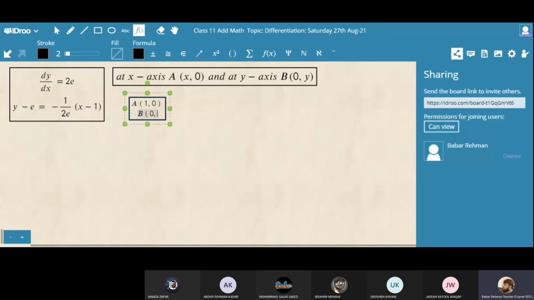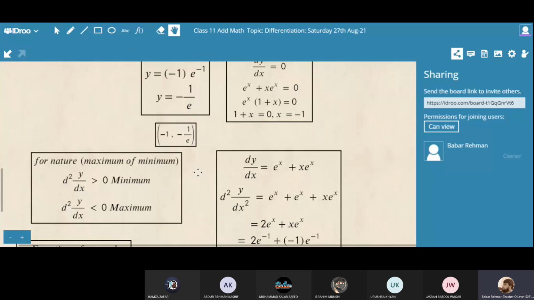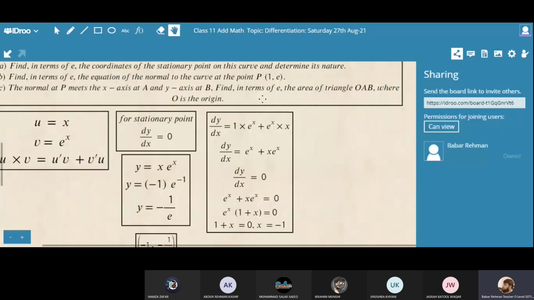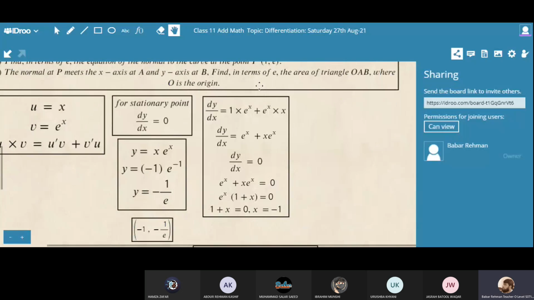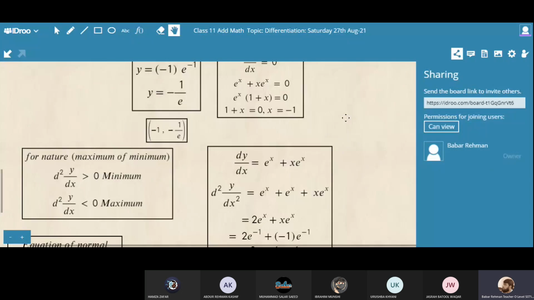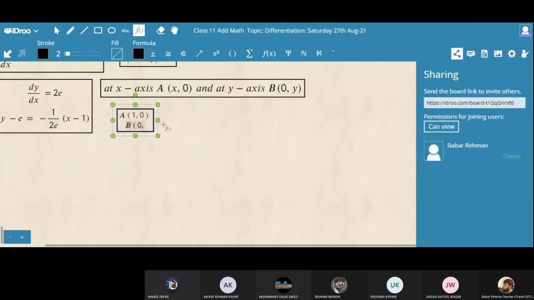Hello, Hamza Zafar. Look at this. In the question, it is saying O is the origin. So when y is also coming 0, comma 0, and O is also 0, comma 0, how can we find the area of this triangle? OAB will be a triangle. Yes, Salar? What is the value of y? Please tell me. And O is the origin, 0, 0.